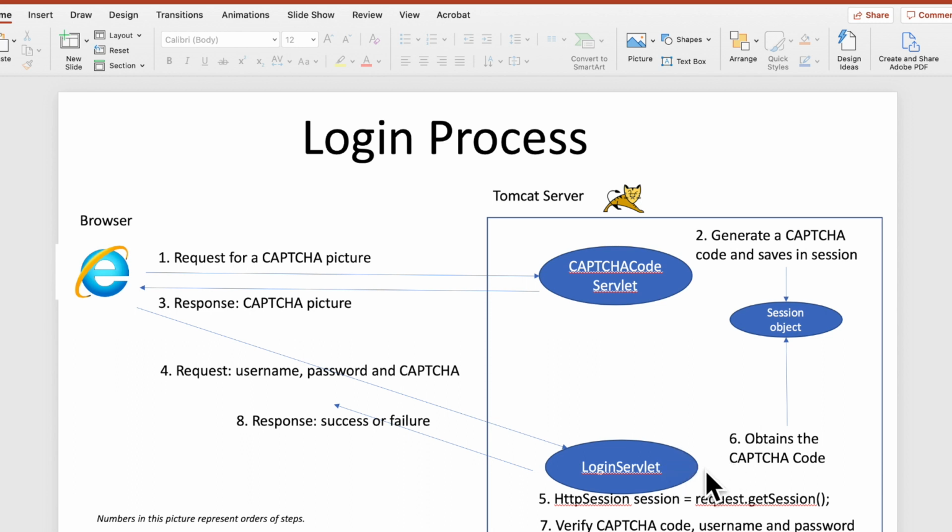Then how do we verify Captcha? Remember, the user typed 4 alphanumerics as a Captcha string. And so this servlet is going to retrieve the Captcha code put in the session object by Captcha code servlet and compare the real one with the Captcha provided by the user. Now, if that's correct, if your username and password match, then